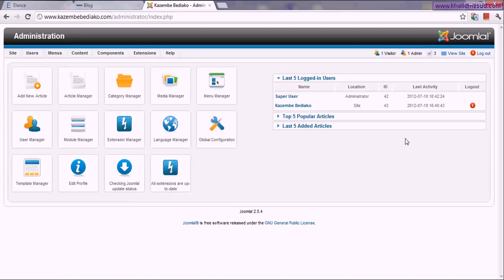So once we are in our administration section, you can see there are a lot of options which you can change or edit from here.